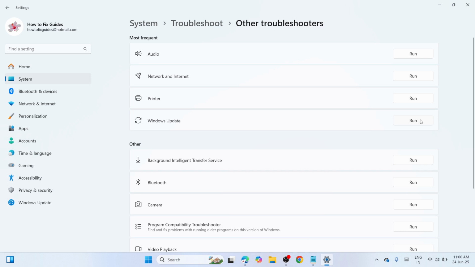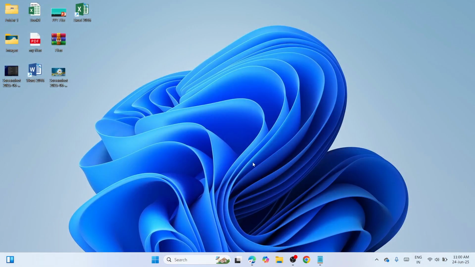Run the troubleshooter corresponding to it. Okay. So please click on Run. Wait until it is finished. And once you have completed the process, try to run the Windows Update again and check if it's working. However, if not, then you need to navigate to the second solution, and that is you need to clear the